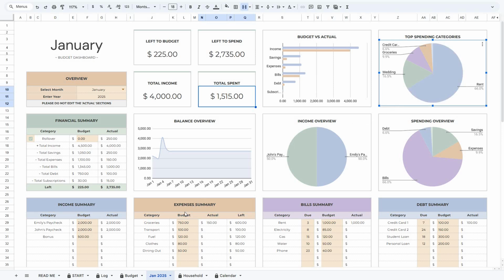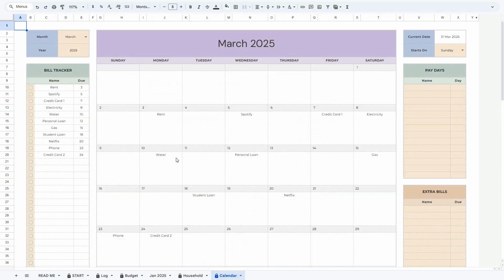For each new month, simply duplicate the budget template again, and you can delete or hide the completed month. Now let's go to the Calendar tab. As you can see, the bills are already shown on the calendar based on the due dates we entered on the Budget tab. Also, these bills will be sorted in chronological order for you, and basically all you have to